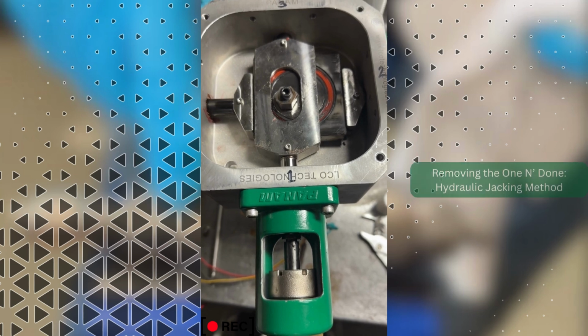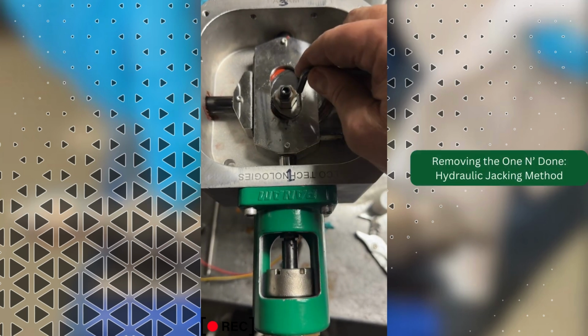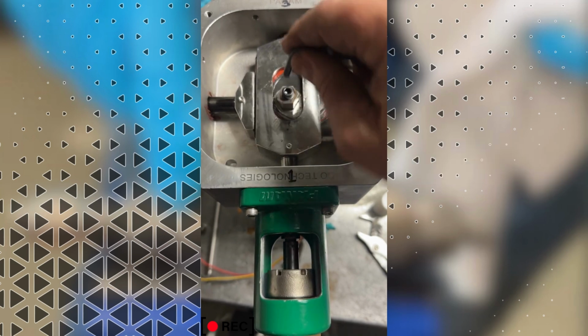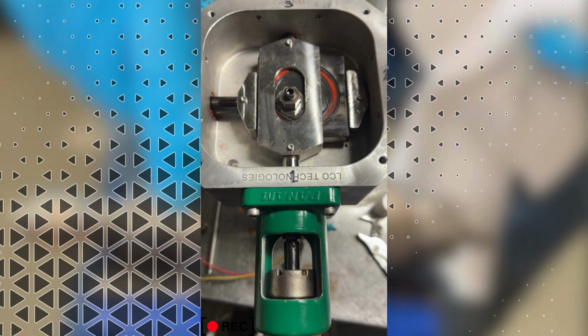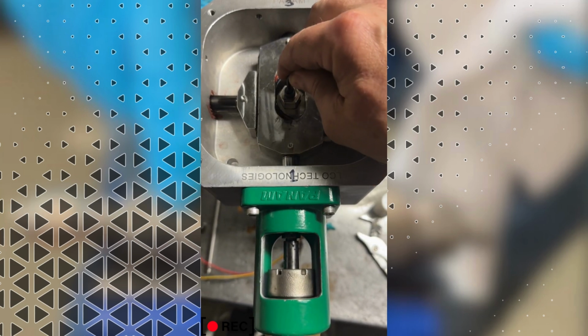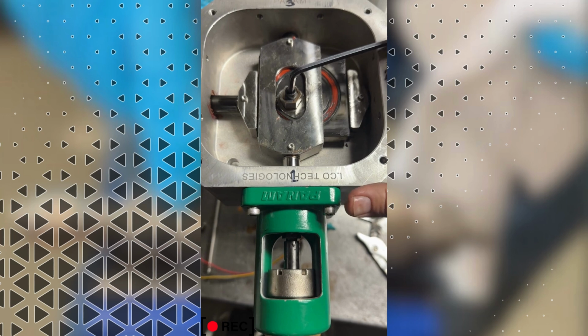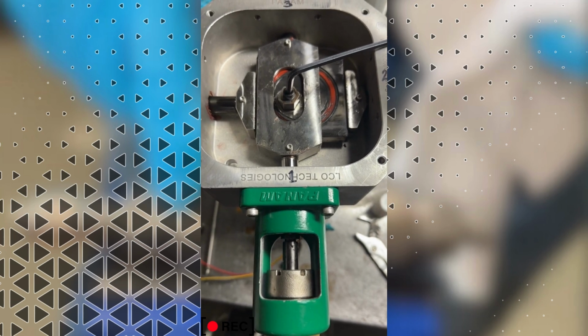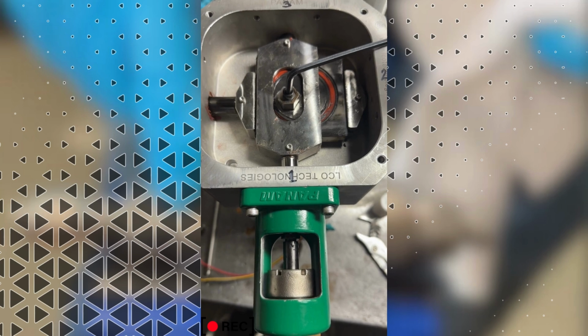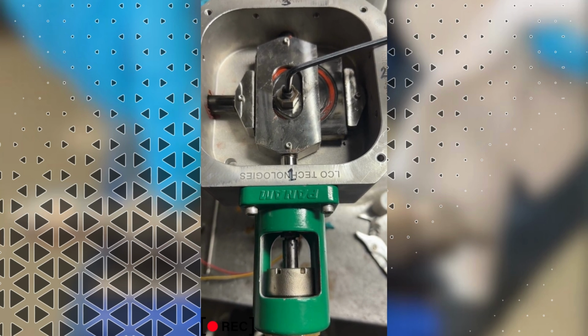Hello, this video is a tutorial on how to get a one and done out of a fluid end a little more easily. The first thing you want to do is remove the transparent top off of your pump and get ready to do something very much like a manual rotation. You'll need to open the vent on all of the fluid ends except for the one that you're actually working on so that you can